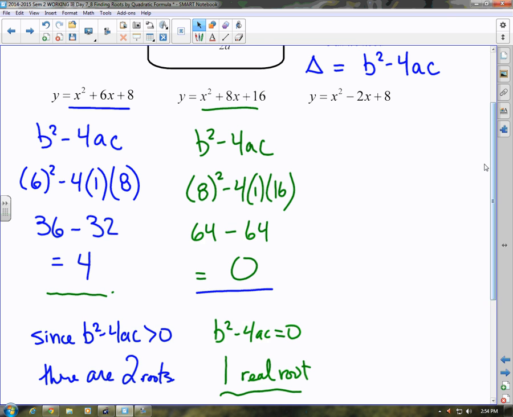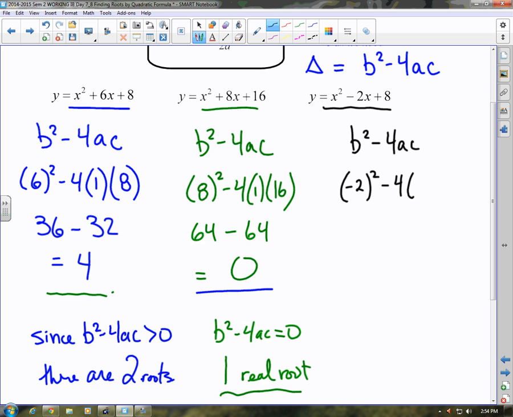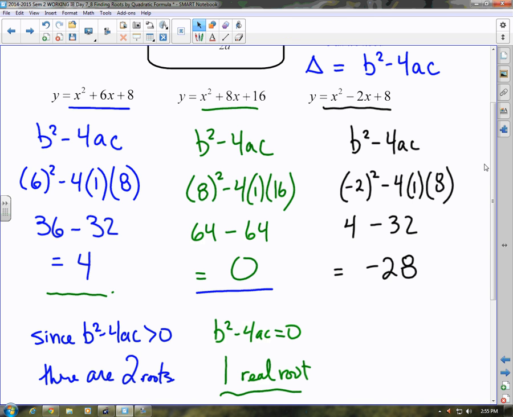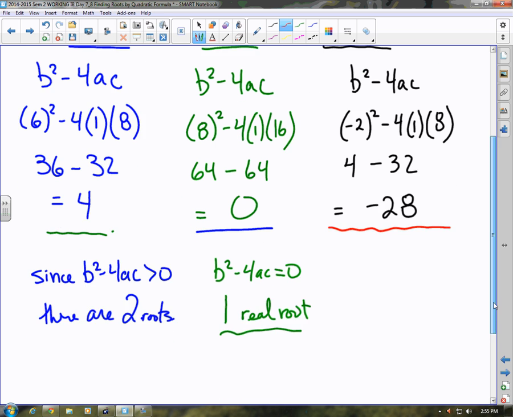So that's kind of scenario number 2. And then scenario number 3, I think this is the other one we just did on the other page there, right? All we need to look at is the discriminant. We don't have to use the whole quadratic formula, right? B squared, so that's -2 squared minus 4 times 1 times 8. And that gives us 4 minus 32, which is -28. And because it's negative,